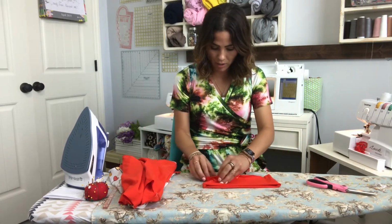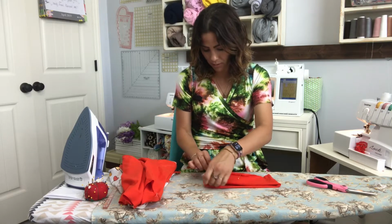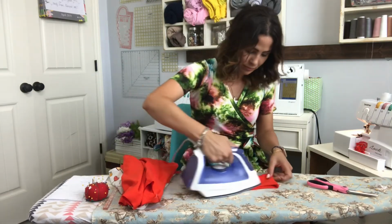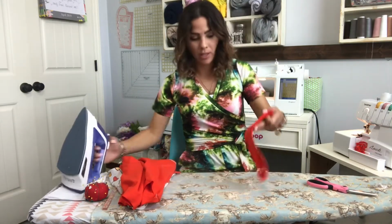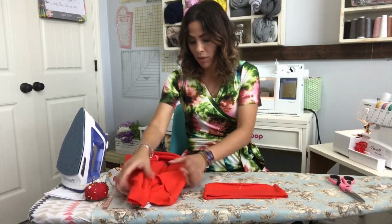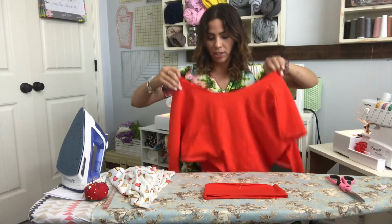I still have that mark. I did my pins, so that way they're still there to show me which one the front one is. And my waistband is done. It's so cute. And so now what I'm gonna do is I'm gonna grab my skirts and I'm going to